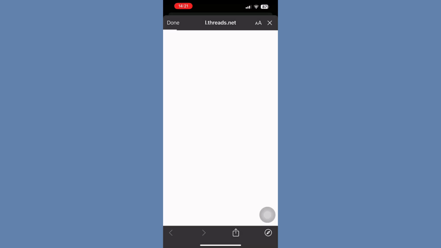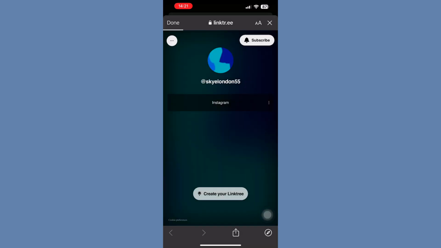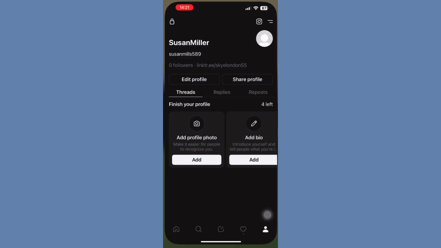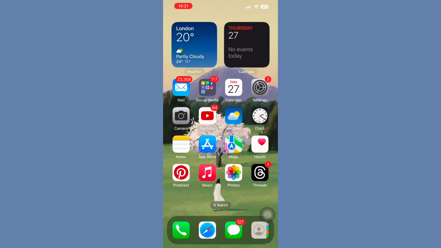So if someone taps on that link, they will be led to the respective page or account profile that you have added the link of. So this is it for